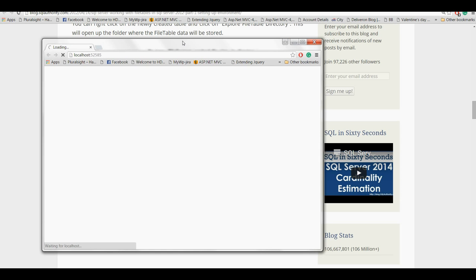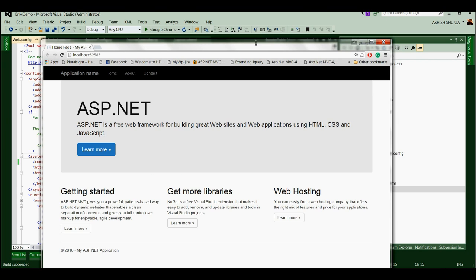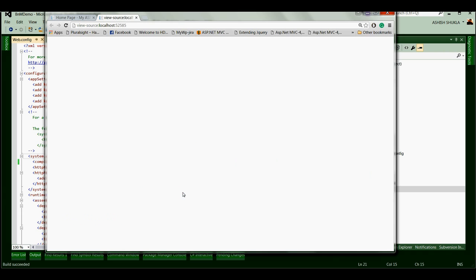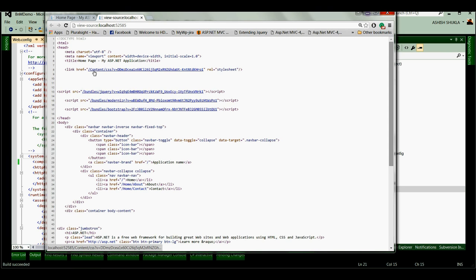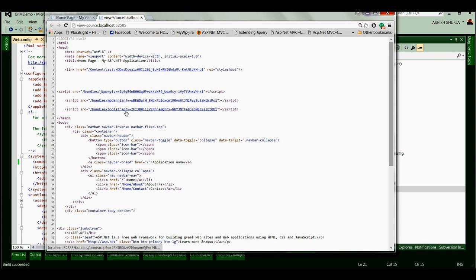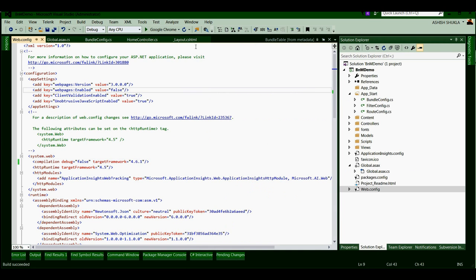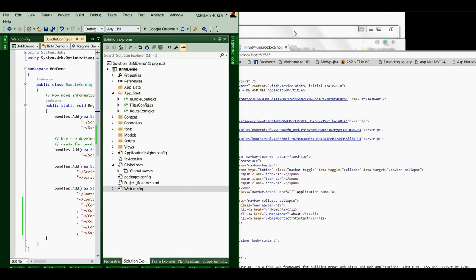So here let's see the page source. Now we can see that we have one bundle for content/css, one bundle for the jQuery library, another bundle for Modernizr, and another bundle for bootstrap. So the same paths that we configured in the bundle config file, we can see side by side.